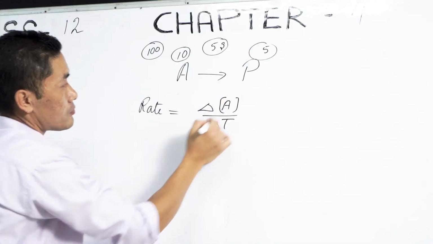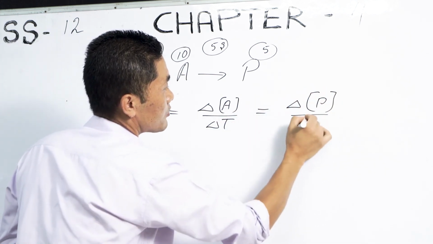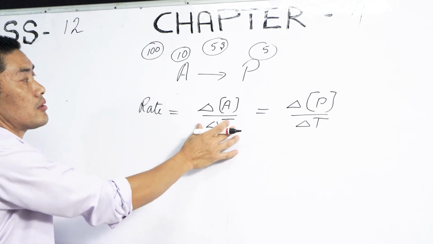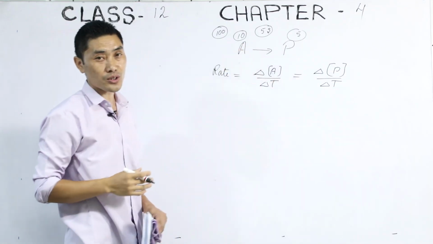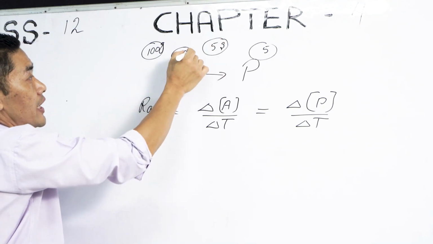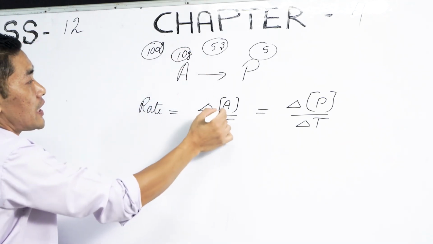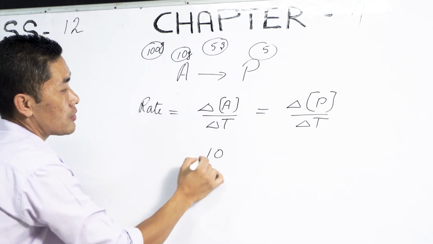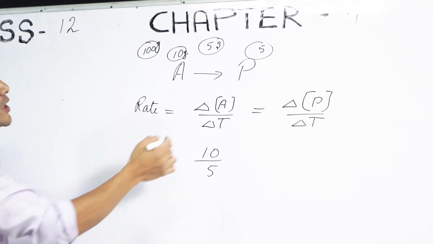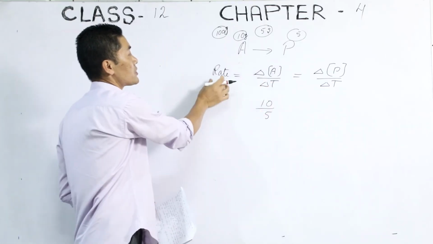divided by time, or it can also be given by change in concentration of the product divided by time. In the case of the reactant, it is consumed during the course of the reaction. So if we start with 100 gram of A, and in 5 seconds, if 10 gram of A is consumed, then the change in concentration of A will be 10 gram. The time taken will be 5 seconds. This change in concentration of the reactant divided by the change in time